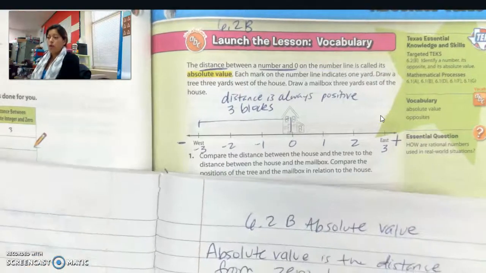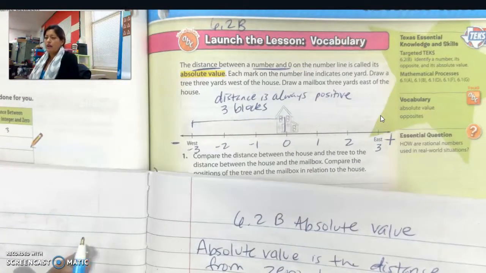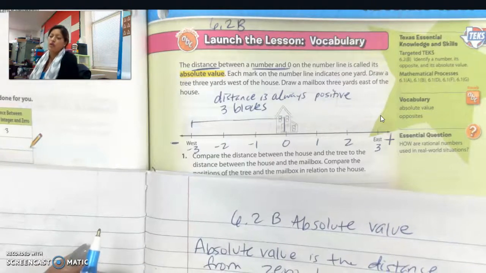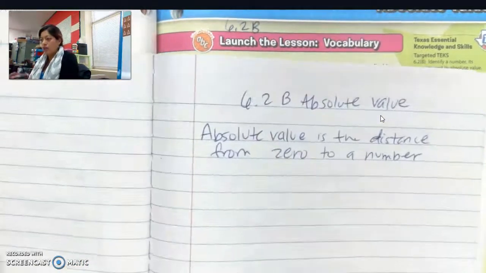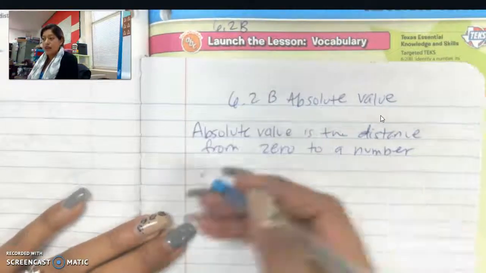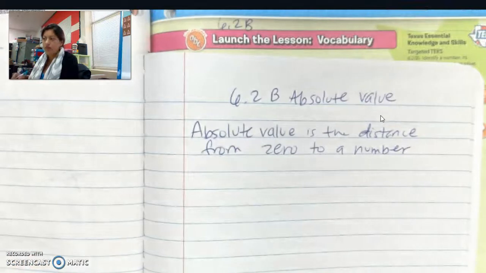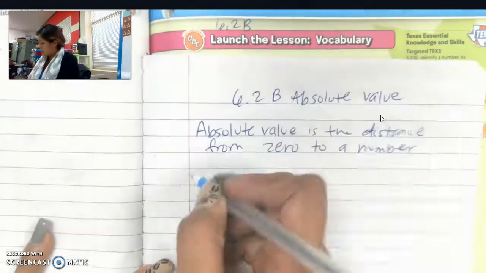So for example, when you drive somewhere, you don't usually say, oh, I'm driving -3 miles west. You wouldn't say that. You would say, I'm driving 3 miles west. That's how we talk in the real world, and you have to understand this for math. All right, so for example, if I have a number line like this,